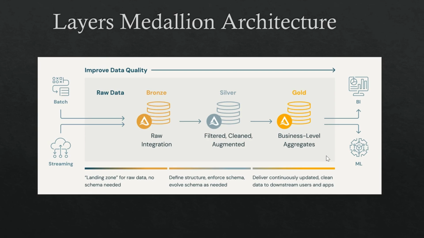Then comes our silver layer. When the data flows from the raw layer to the silver layer, there is some filtration and cleaning of the data that we need. Some schemas are enforced. The structure is given to the data. That is done in the silver layer. Then comes the gold layer. In the gold layer, basically, all the aggregations and grouping are done as per the business use case. So you can deliver the updated data, or you can say clean data, to the downstream users.